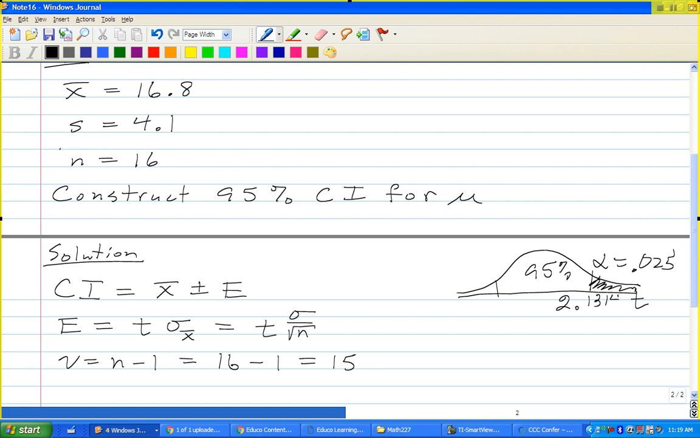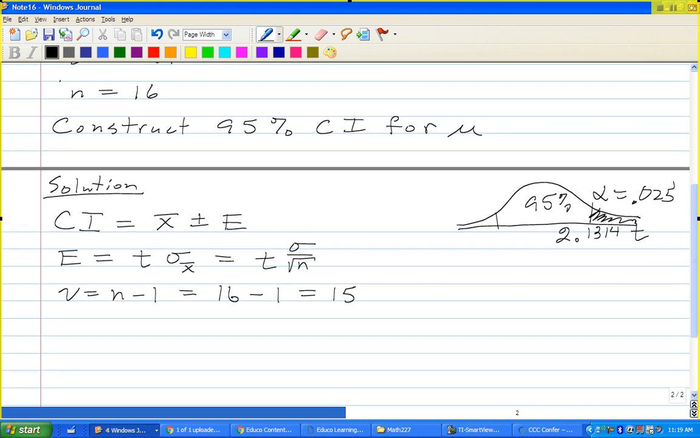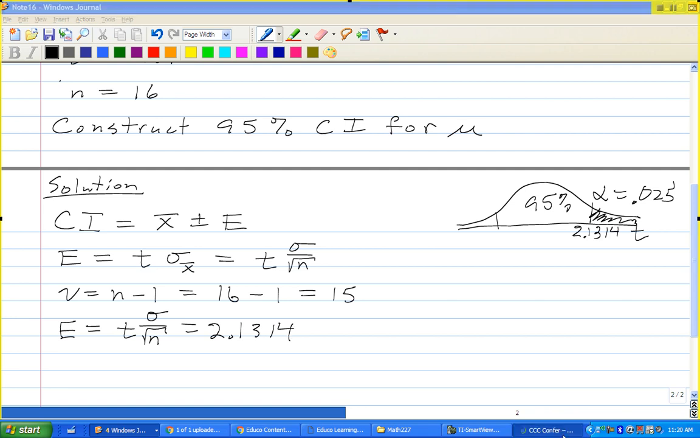So that was 2.1314, I believe. And so I have that the error is t times sigma over the square root of n, which is 2.1314 times